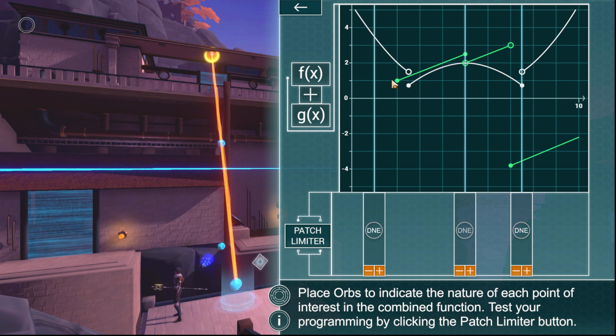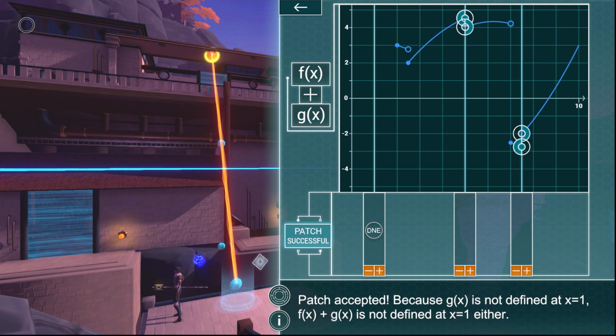one won't exist because G, the green one, doesn't exist. This limit here will have continuity from the left, but not from the right, and the value and the limit from the left will be bigger than the limit from the right, so we'll need 2 of these, and it'll look like this. And here we have continuity from the left, but not from the right, and the limit from the right will be bigger than the value and the limit from the left. We put those in, they work,